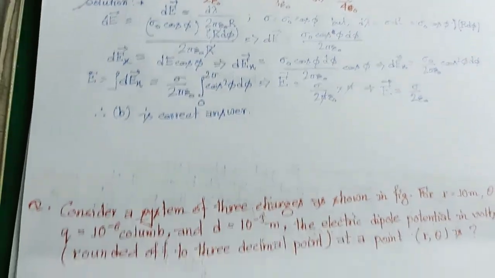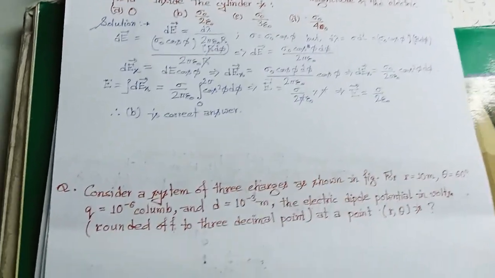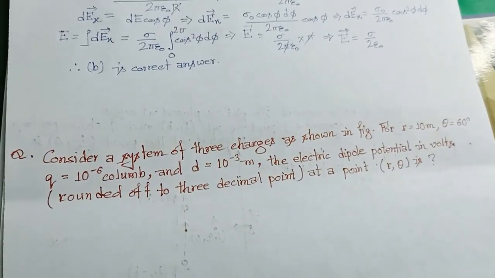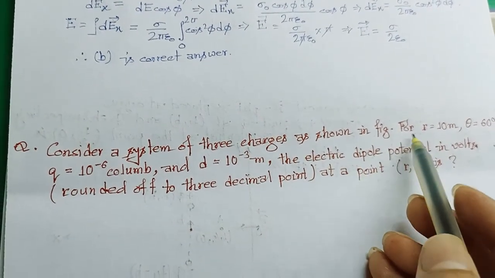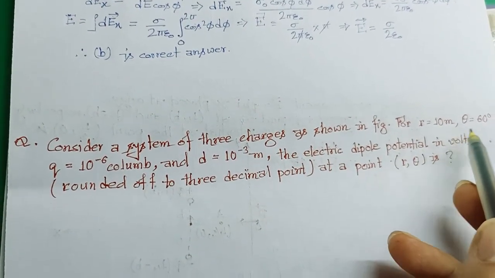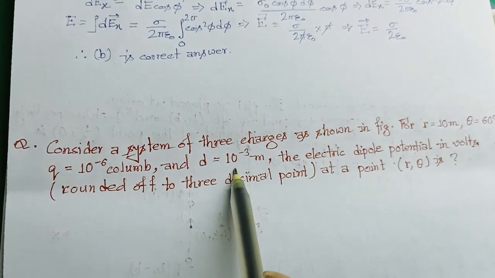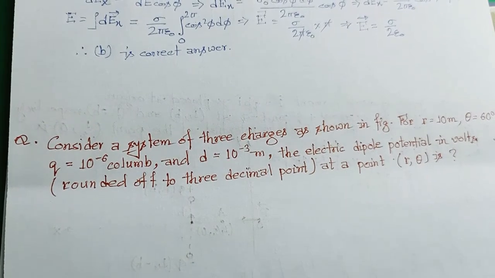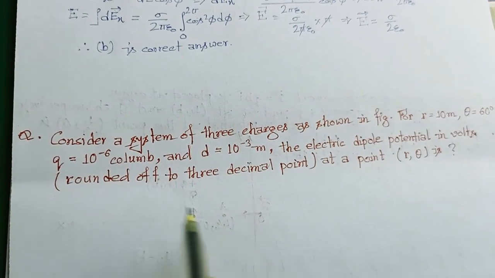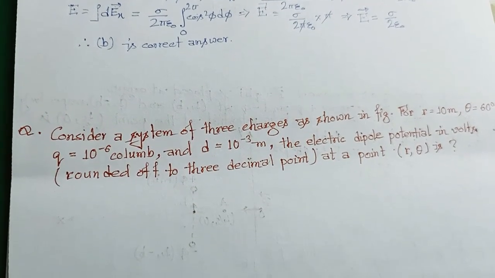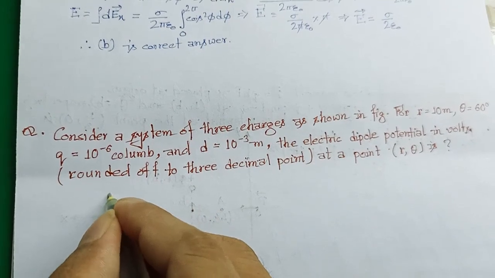Now let's solve another question which came in GATE 2019 in electrostatics. In this question it is given that consider a system of 3 charges as shown in the figure, for r equal to 10 meter, theta equal to 60 degree, q equal to 10 to the power minus 6 coulomb, d equal to 10 to the power minus 3 meter. The electric dipole potential in volts, rounded off to 3 decimal points, at a point r, theta is equal to what? So first for solving this question